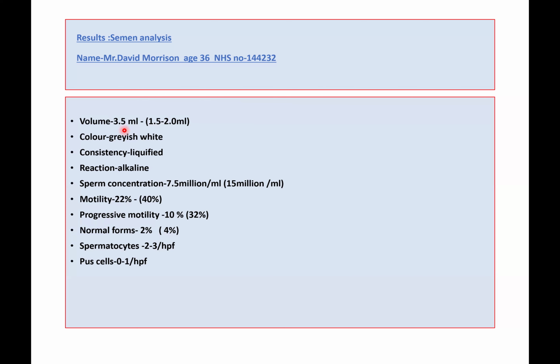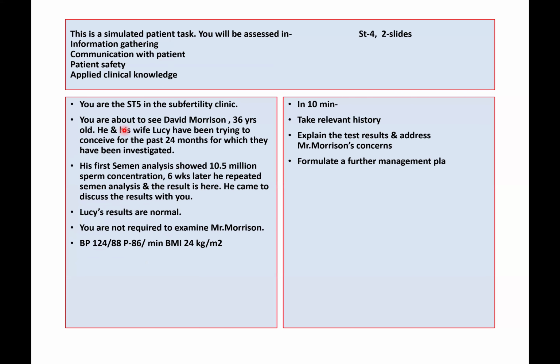So, do you want to continue with the discussion? So it has become lesser than before. Previously it was like 7.5. Now it has been 10.5 million. Sorry, the first, I'm sorry. Now, yes, it has been reduced. My God, so am I going to have a baby or not? With the sperm count, I'm sorry to say that natural conception is not possible.